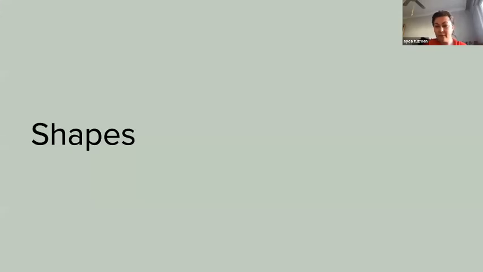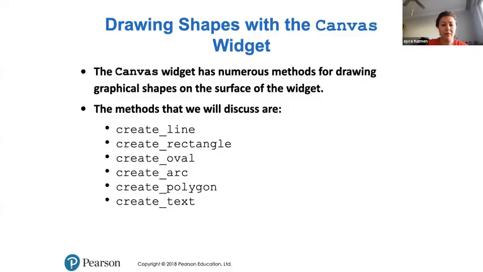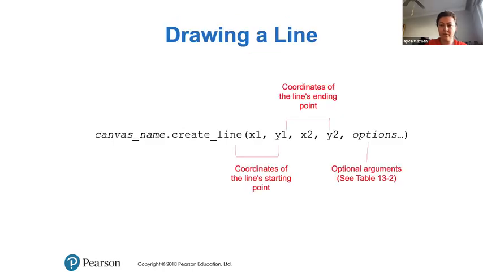So let's see a couple of things. We can create really cool shapes. We can create a line, rectangle, oval, arc, polygon, and text. Those are the simple ones. So let's see how we can do those. First of all, let's take a look at the line. If you want to create a line, you would just say canvas, whatever the name of the canvas is, dot create line. And that takes a minimum of two things. First